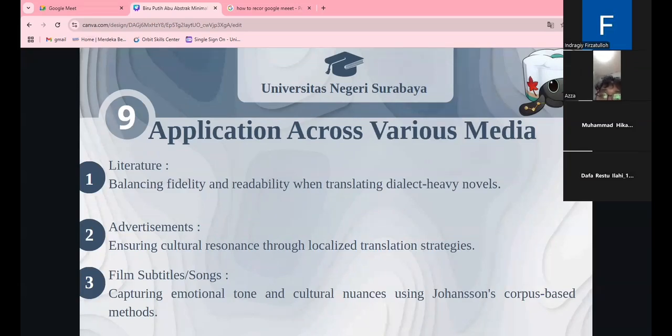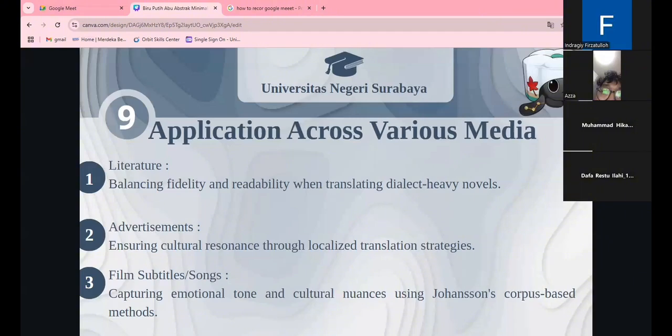So now is application across various media. The first one is literature, balancing vitality and readability when translating dialect-heavy novels, such as when reading a book where a character speaks with a very strong regional accent or uses old-fashioned words. When translating the book, the translator has a big job and they need to make sure that English speakers understand